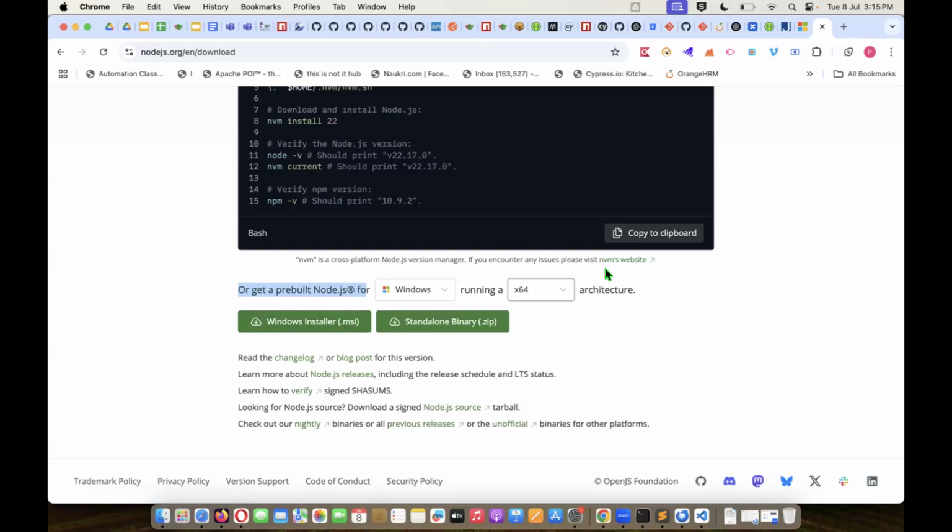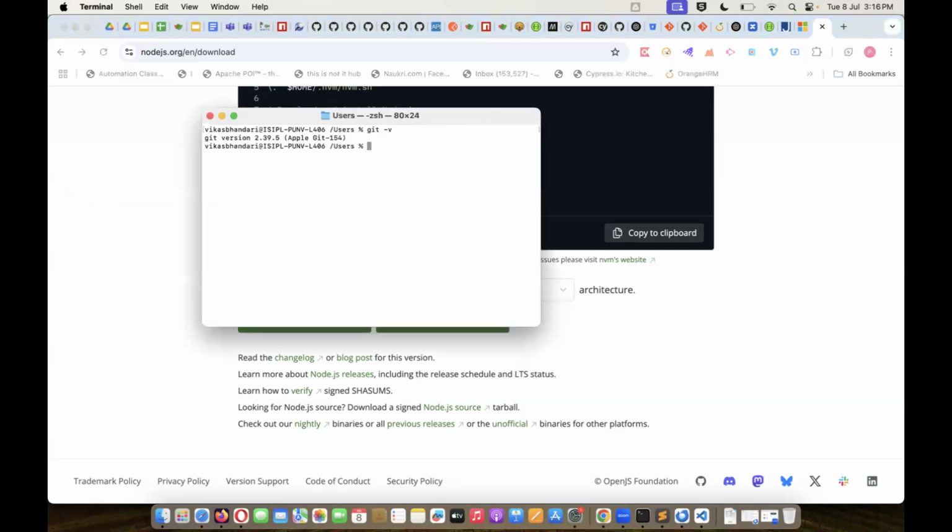Don't try to change anything, guys. Neither the path nor anything is required to be updated, whether I need to change the environment variable or update so and so. Nothing is required, guys, with respect to Node.js installation. Once you are done with that, those who are using Windows, I would recommend going to CMD, and those who are using Mac, I would recommend going to the terminal.